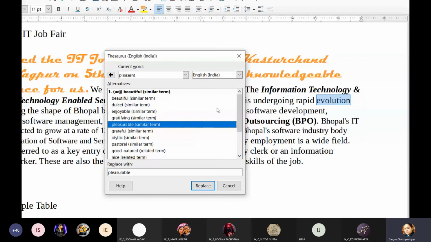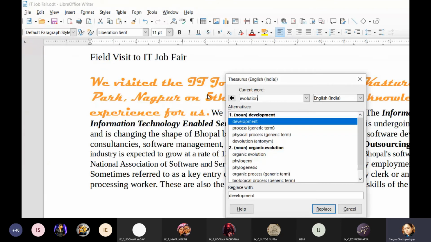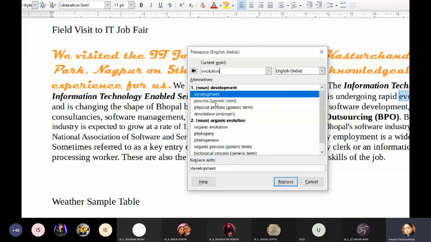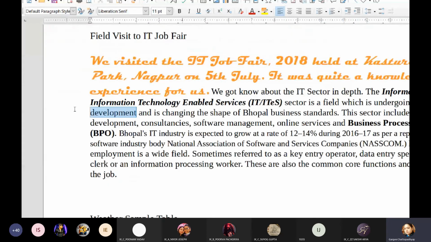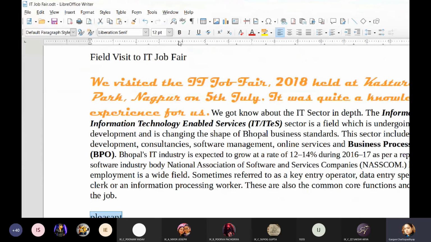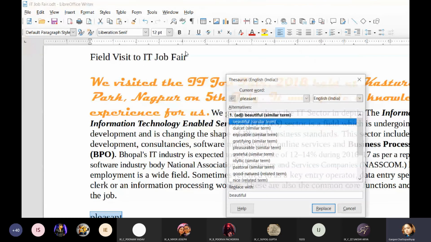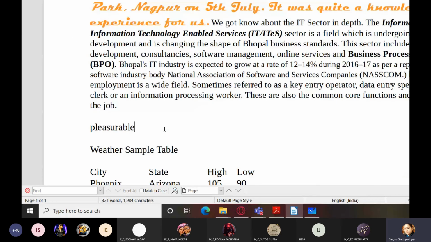Now I don't have the word pleasant anywhere in the document. I had the word evolution. I'm going to replace it by the word development. So it is already selected. Click on replace and that word gets replaced over here, as you can see. Now I'm going to type pleasant. I'm going to select it using double click, which I had explained in the previous class. Go to tools, thesaurus, and let me select this pleasurable word, replace, and you can see that it gets replaced